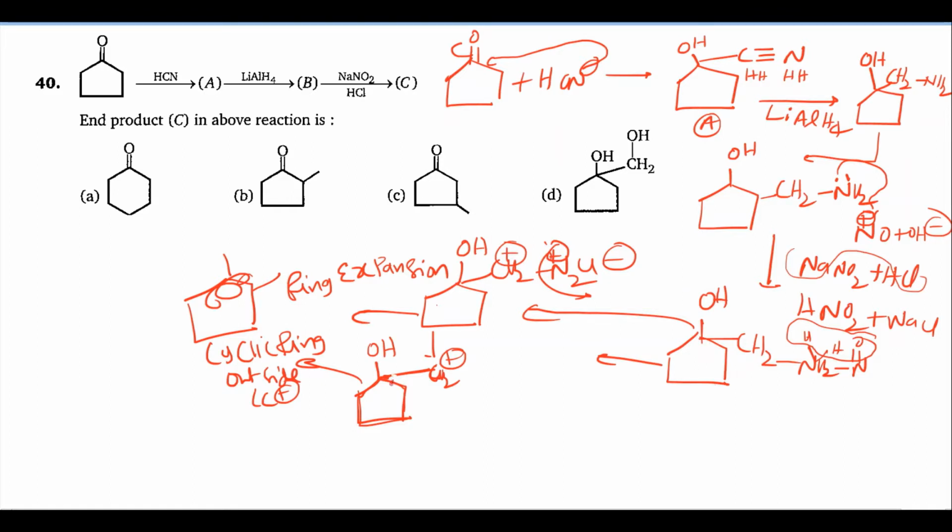Then this is the bond here. I will write the detailed structure here. Here this is CH2 plus, and on this side some OH is there. As you can see, this bond is breaking, negative and positive. Then the ring will undergo expansion. Like this, negative and positive make one bond, and the forming carbocation is more stable because it is directly connected to the OH. Then you can give numbering here.